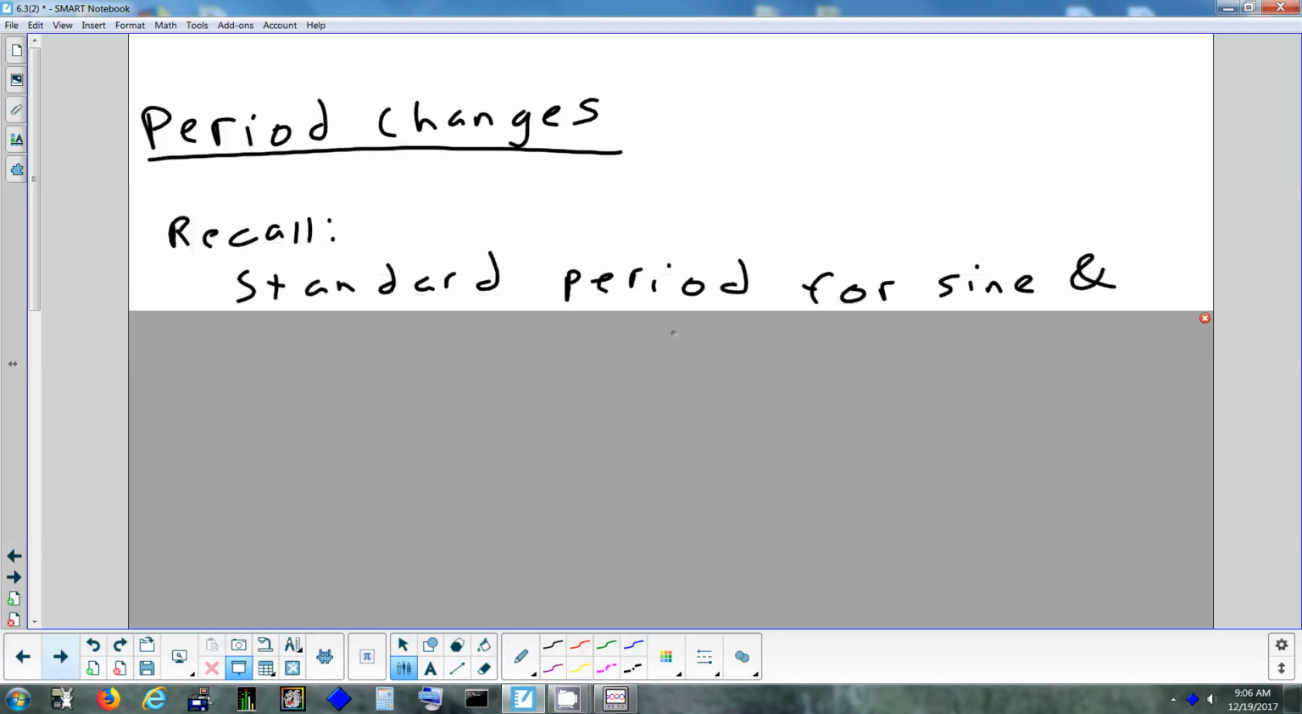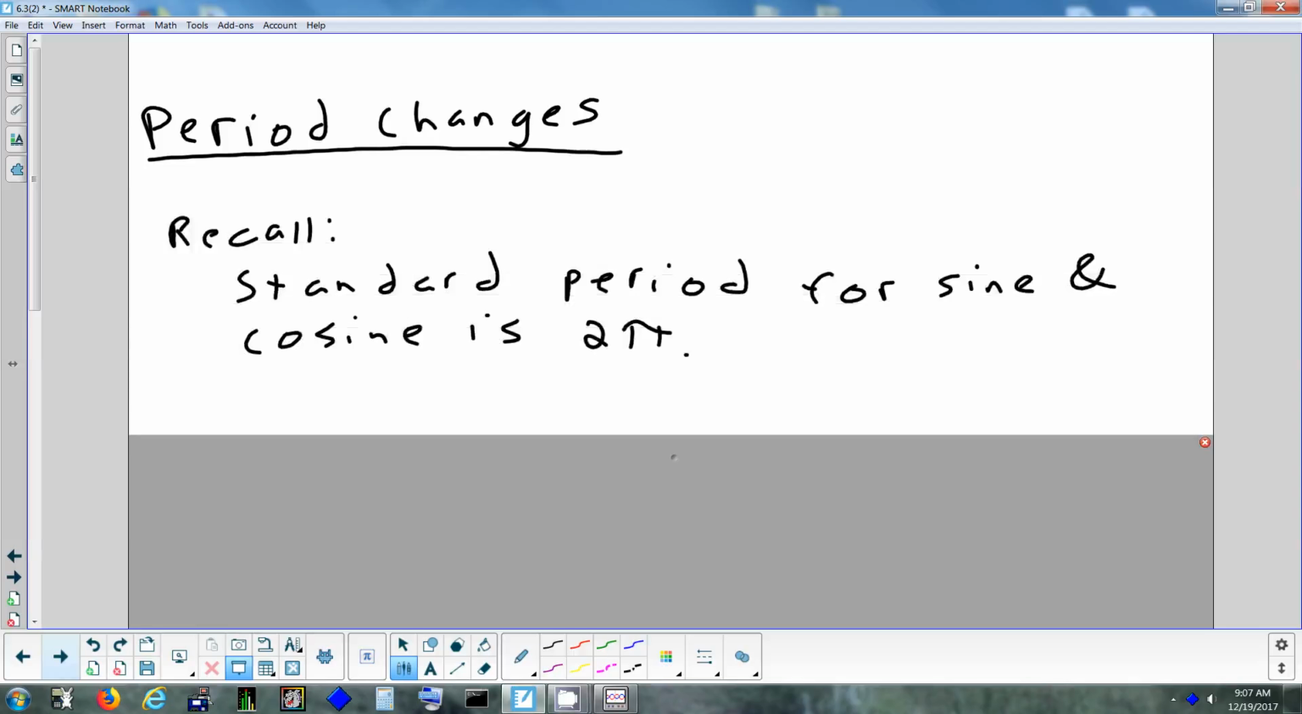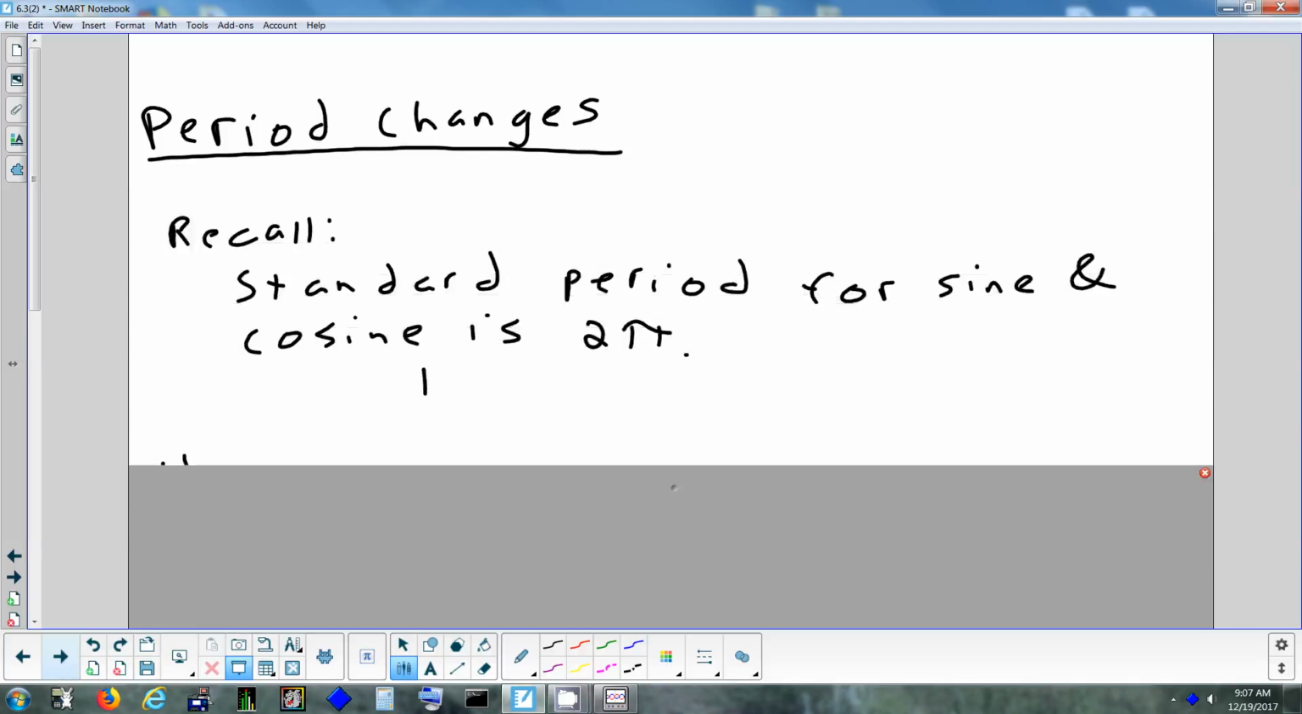Okay. What's the normal period for sine and cosine? If you don't mess around with it, you just graph the basic function. What's the normal period? 2 pi. So what that means is, if that's 2 pi, and we're sketching part of a sine wave, that's what sine would look like